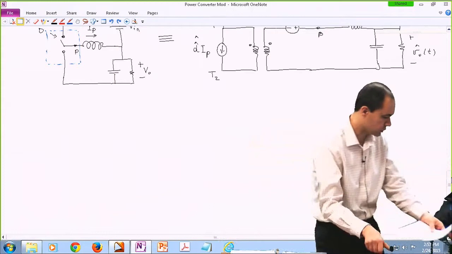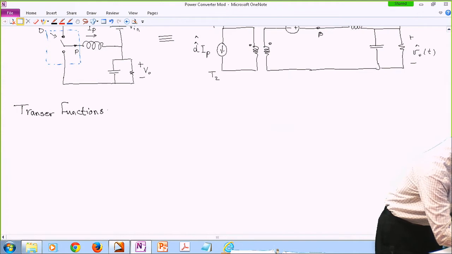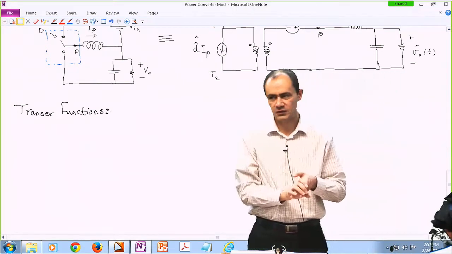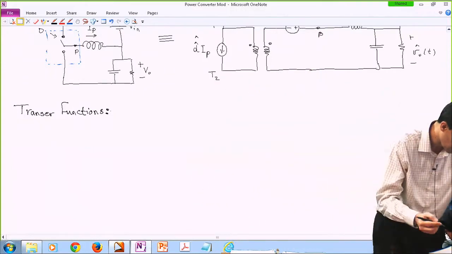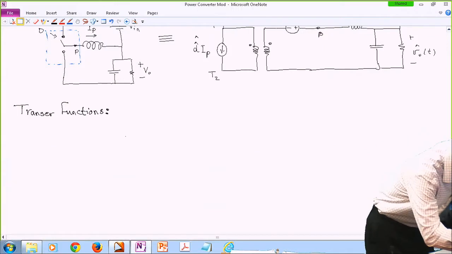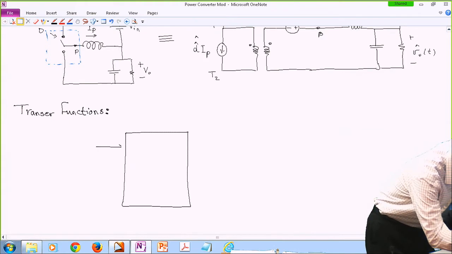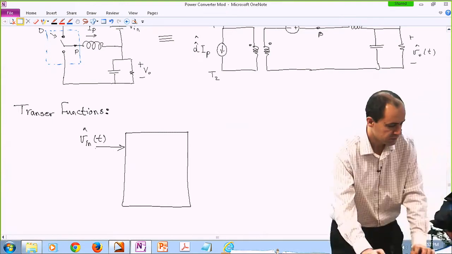And we had the question about transfer functions. So let's talk about transfer functions. Okay. So once I tell you I have a linear time invariant system available, the first thing that comes to your mind is the Laplace transformation and transfer function. So that's what we are doing over here. So if I try to represent my converter in a block diagram, as we talked about a few minutes ago, for instance, any of these circuits,